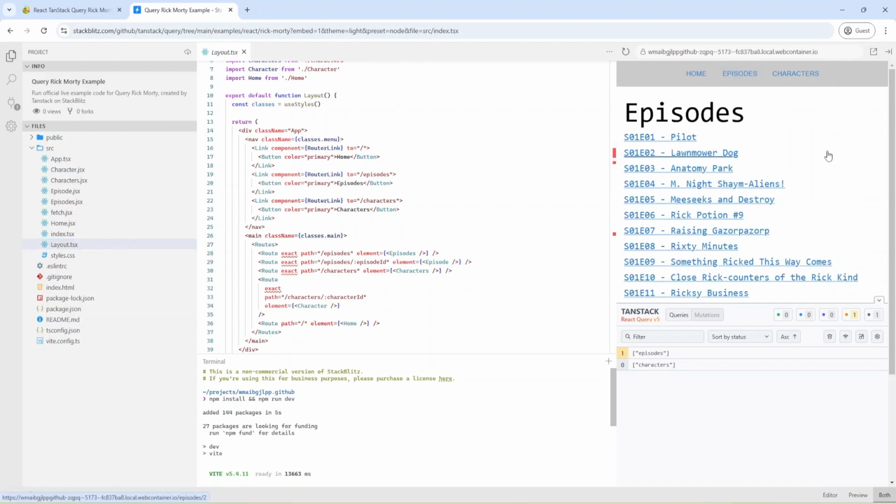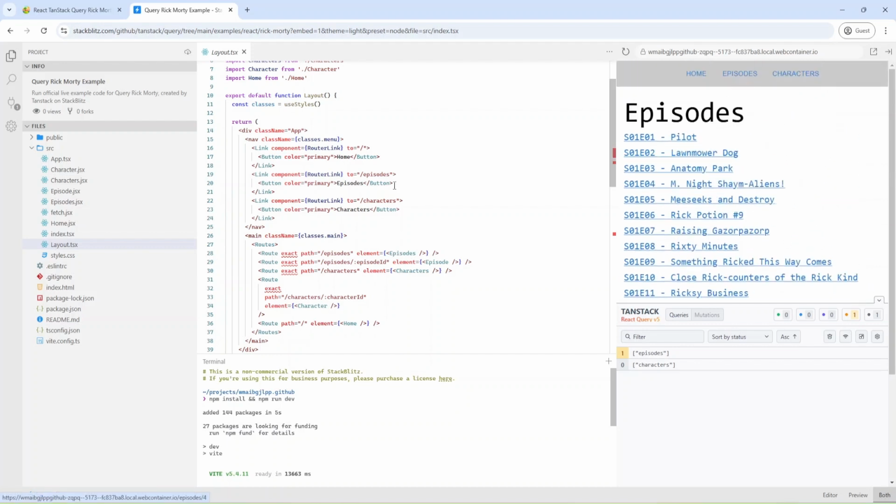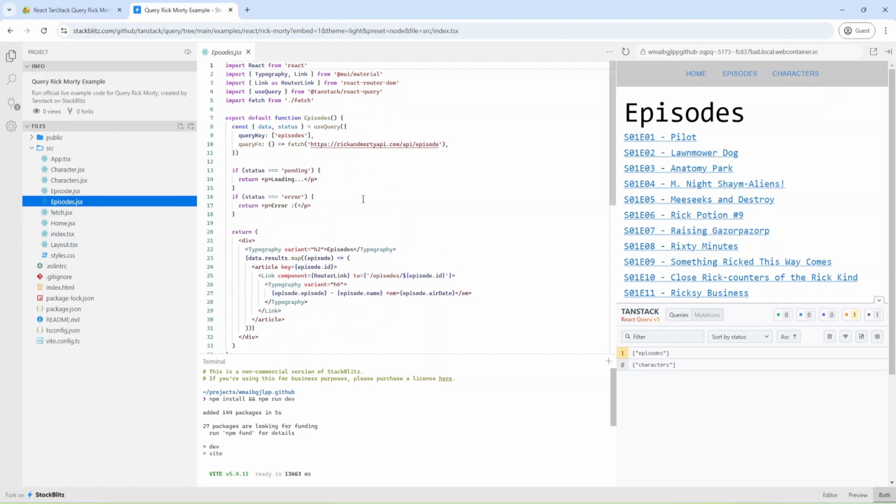As you can see, the episodes page contains links to some episodes, I believe. Let's check the code. Inside we have useQuery from TanStack React Query, and it has a query key, which is episodes, and also we have a query function, and this function just fetches the data from this endpoint.